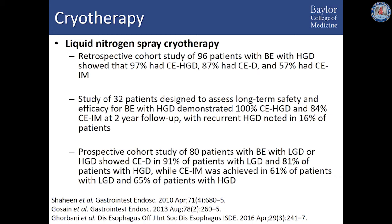In a retrospective cohort study of 96 patients with Barrett's esophagus with high-grade dysplasia, it was shown that 97% had complete eradication of high-grade dysplasia, 87% had complete eradication of dysplasia, and 57% had complete eradication of intestinal metaplasia. Another study of 32 patients designed to assess long-term safety and efficacy for Barrett's esophagus with high-grade dysplasia demonstrated 100% complete eradication of high-grade dysplasia and 84% complete eradication of intestinal metaplasia at 2-year follow-up, with recurrent high-grade dysplasia noted